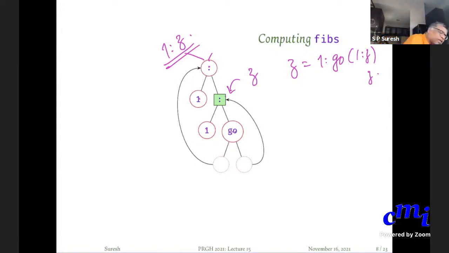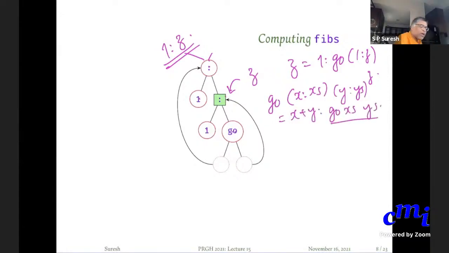Recall I said that go of x colon x's, y colon y's is x plus y followed by go of x's, y's. In our case, x colon x's, what is x and what is y in this case for the go?